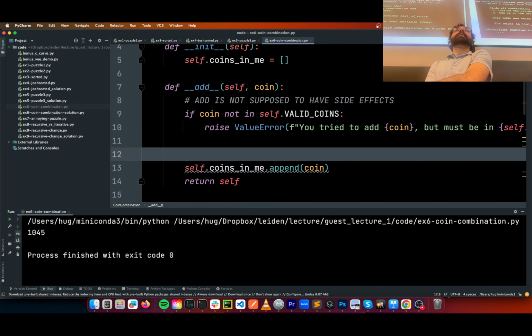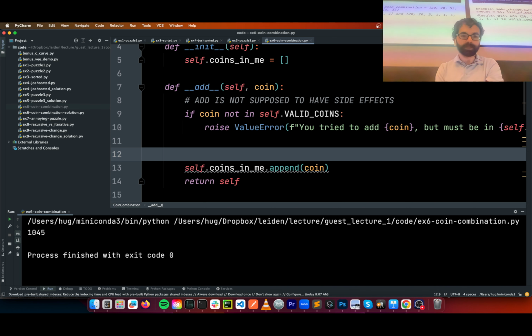Okay, so one thing I always try to do in a lecture is I make it so that if you're paying attention, you cannot help but understand, and the only way I can do that is by asking you more questions. Okay, so let me give you first an example, and then I'm going to give you 3 problems to do. So let's suppose we call make change, and the current coin combination is 20, 20, and 5. Okay, so it's 45 cents so far, built this way. The amount I want is 51, and the list of coins is 5, 1.